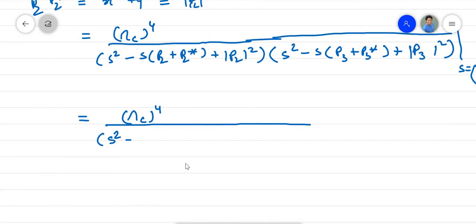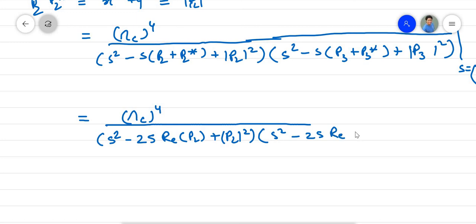So that means it is minus 2 times S times real part of P2 plus mod P2 square) (S square minus 2S real part of P3 plus mod of P3 square),